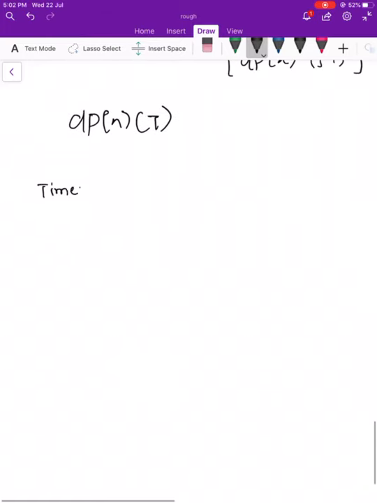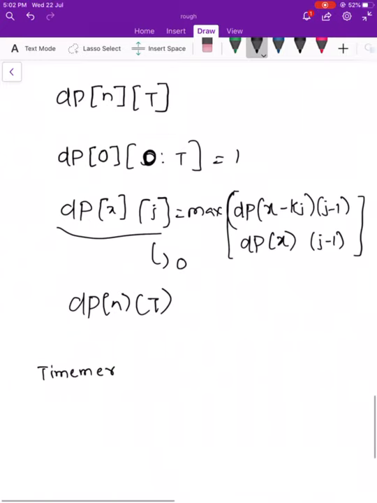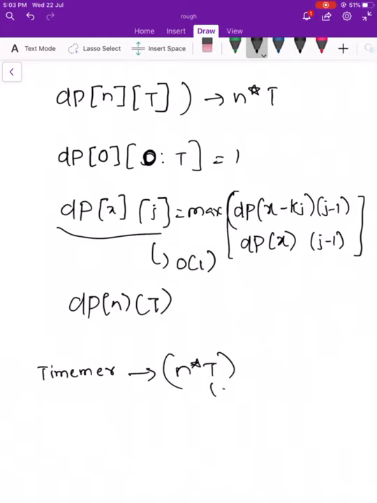So if you see the time complexity, filling each dp state takes O of 1, right? The size of the dp is n into t. So the time complexity is n into T, where T is the number of parts that can be obtained from the array C. That can be at max 2n, right? Because the array size is also 2n, so T is at max 2n. So n into 2n, that is O of n square, which is pretty fine for the given constraints.